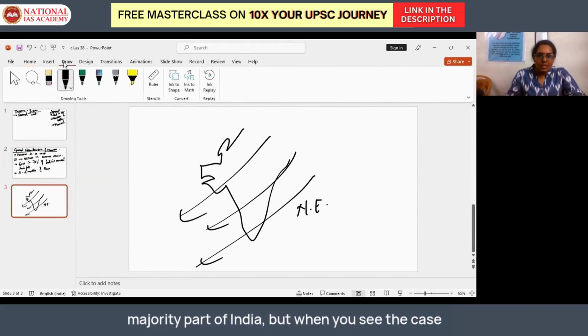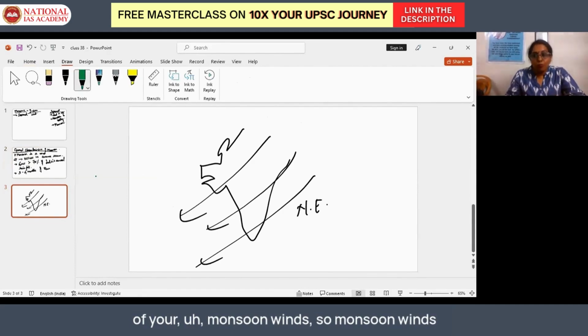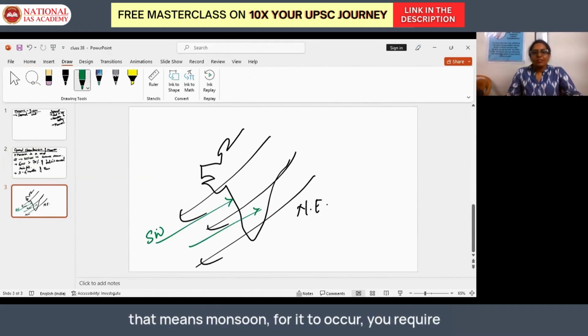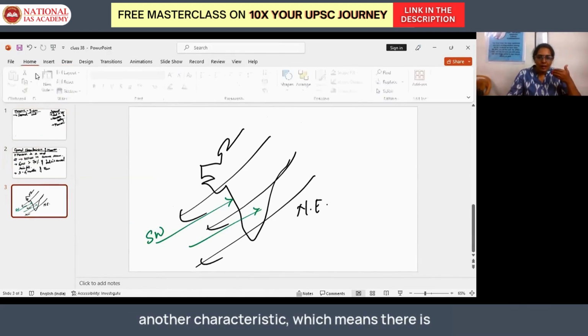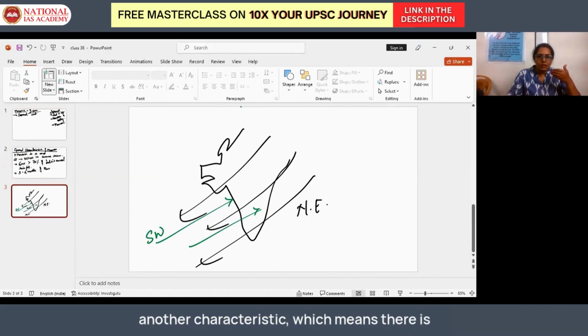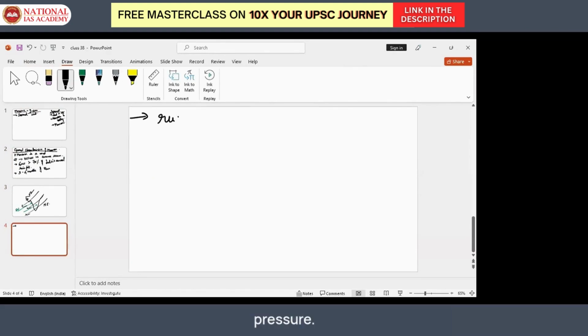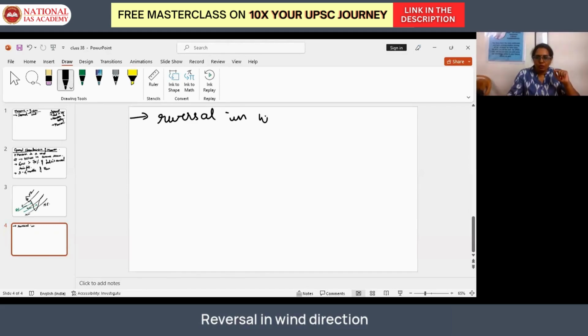But when you see the case of your monsoon winds, so monsoon winds are southwest in nature. So it is in opposition. So both of them come in opposite directions. That means monsoon, for it to occur, you require another characteristic, which means there is reversal in wind direction